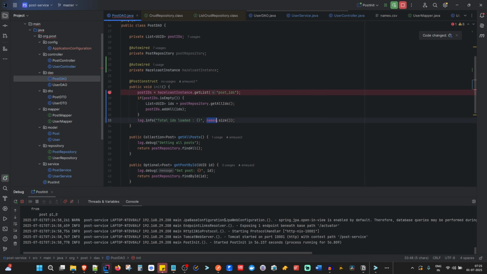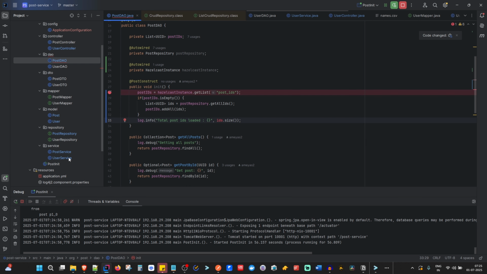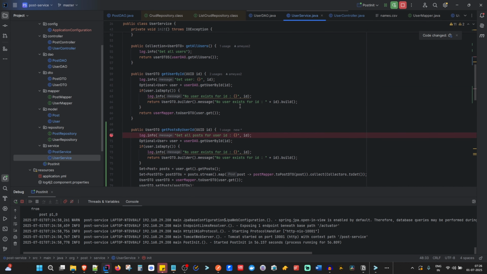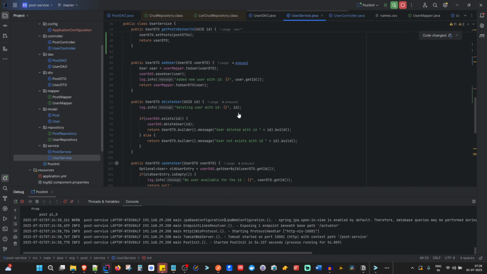That'll be IDs dot size, and oh wait, post IDs, and that'll be username. Okay, so this is done, and then we need to update whenever